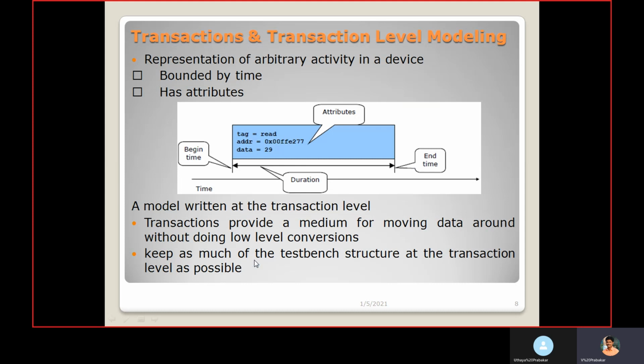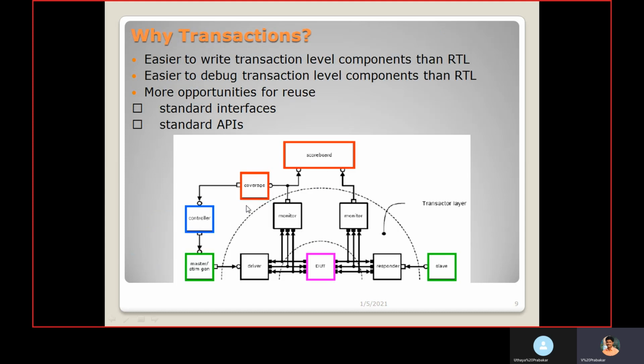Keep as much of the testable structure at the transaction level as possible. The transaction is dynamic in behavior, so it is very useful to move from one place to another. It is created, and once the process is complete, we can make it vanish.